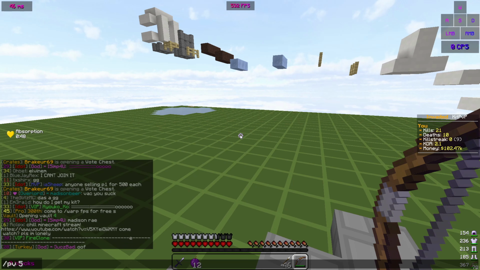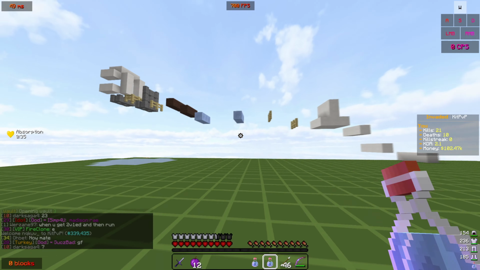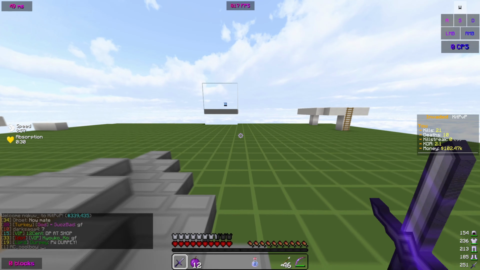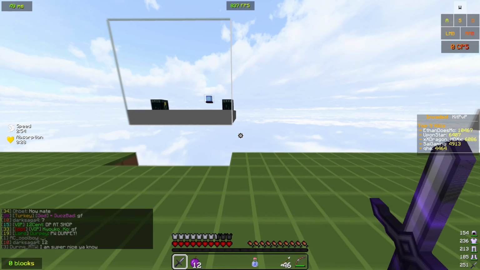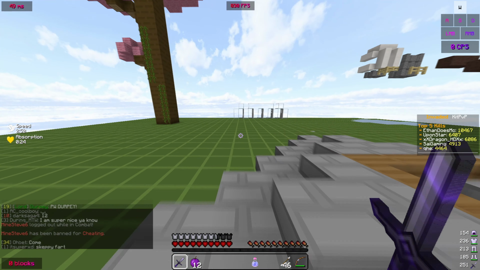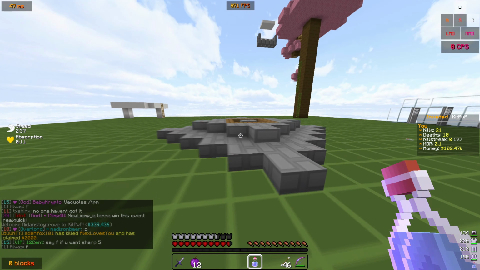So if you can get yourself a speed pot, and I will see if I can find one here so I can actually show you what these look like. With a normal speed pot, for the optimum fastest way of moving, you are still going to want to jump. Running and jumping, as most people know, is the fastest way to move in Minecraft as opposed to just doing it like this. However, when you drink a speed 2 pot, if you're running and jumping with speed 2, you're